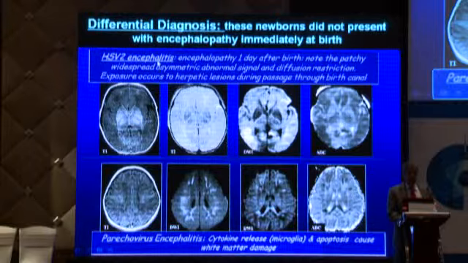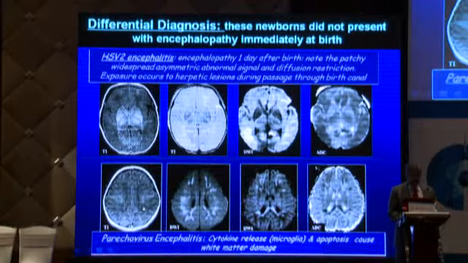This was HSV-2 encephalitis. Remember in this one again the encephalopathy occurred 1 day after birth. There are patchy abnormal areas of T1 and T2 signal and patchy asymmetric areas of diffusion restriction. And this occurs due to exposure to the herpetic lesions during passage through the birth canal. So that helps clinch the diagnosis of HSV-2 encephalitis. Terrible disease. It leaves behind big areas of cystic necrosis in the brain.